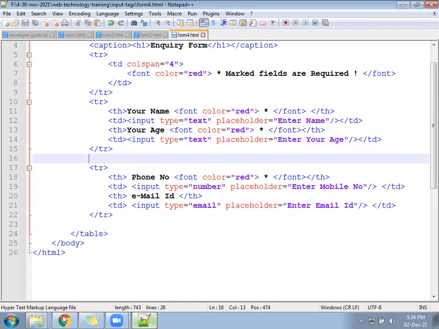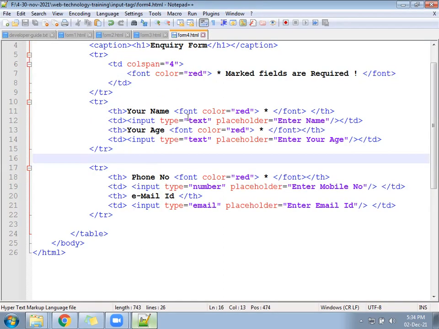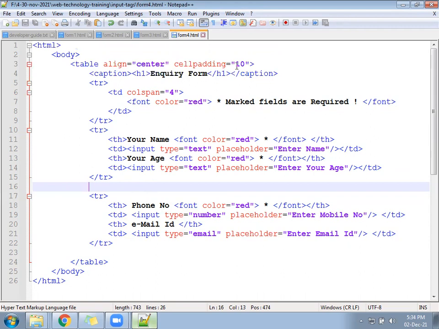Hope it's ready, something like this. Next, after that, cell padding 10 is less, you can increase it to 15.